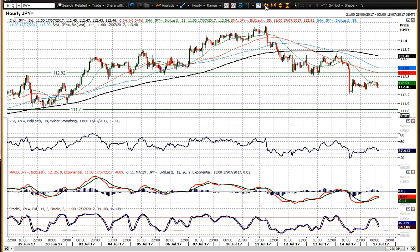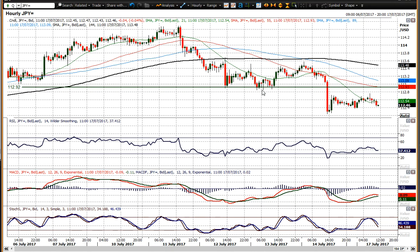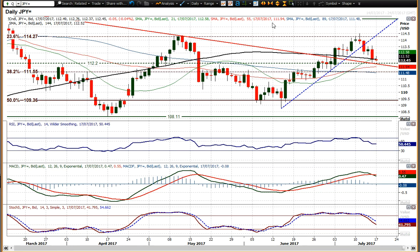You've got that right hand shoulder, which trades basically between 1285 up towards 1357. So anything back towards that neckline around 1280, 1290, I think is likely to be sold into now. Momentum indicators on the hourly chart are configured negatively and rolling over underneath neutral on the MACD lines. Stochastics falling, RSI failing under 50. It all paints a picture of a corrective market, and I think you're selling into rallies now on